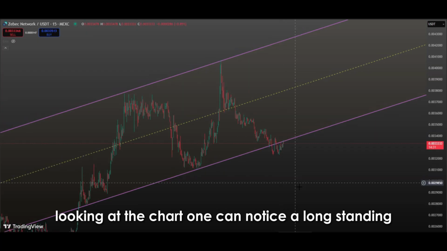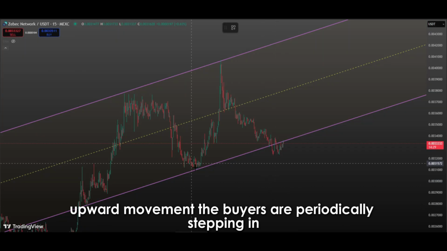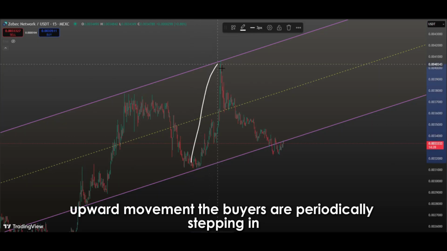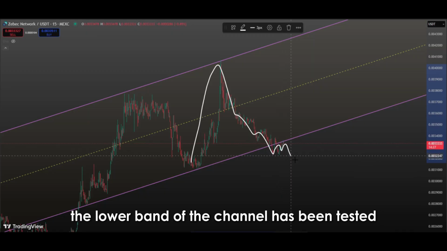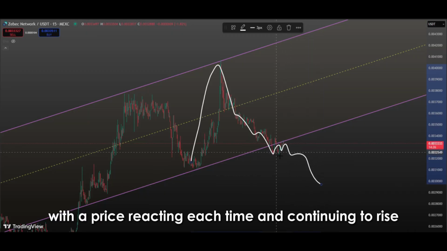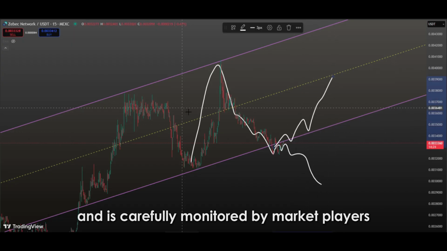Looking at the chart, one can notice a long-standing ascending channel structure. This is an important pattern that shows that the price is in a steady upward movement. The buyers are periodically stepping in and the market is generally in an upward trend. The lower band of the channel has been tested many times, with the price reacting each time and continuing to rise. This proves that the lower line of the channel works as a strong support zone and is carefully monitored